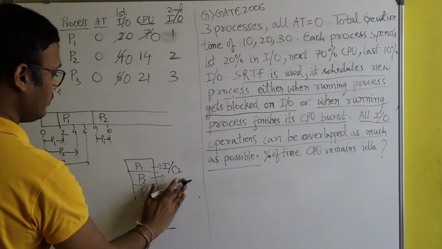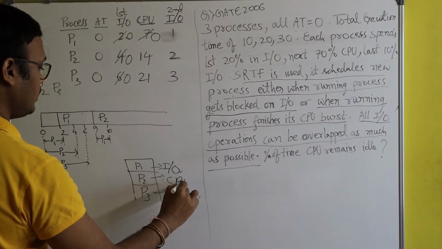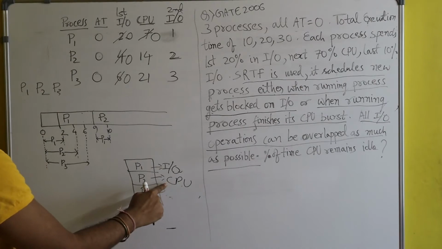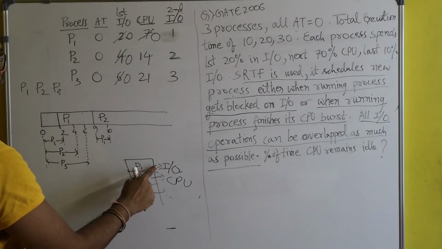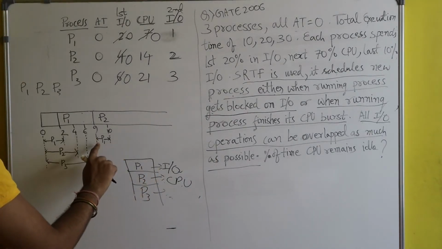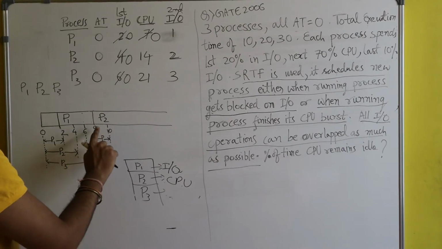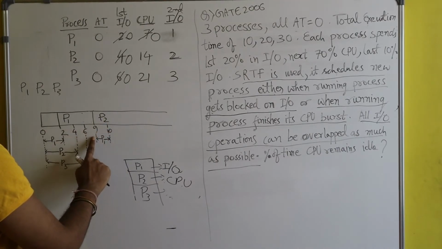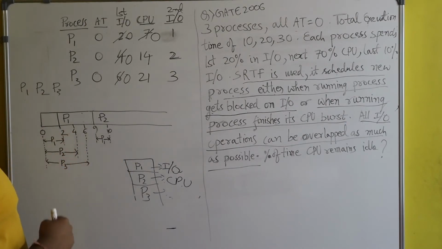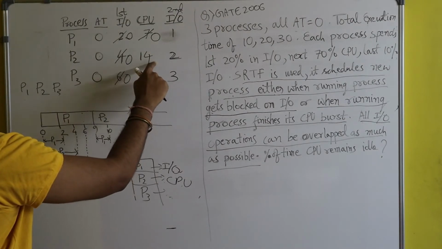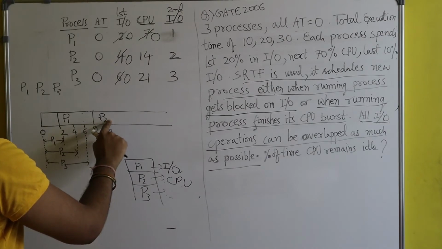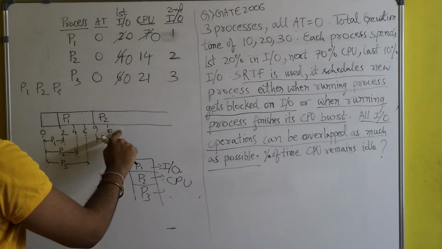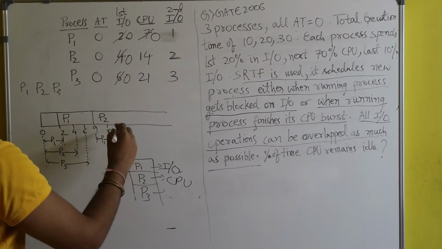So here you see, CPU is with P2 while P1 is busy with IO. So both these things are happening parallelly, as you can see. Here P1 is busy with IO and CPU is given to P2. So both started at 9 seconds. What is the CPU execution time of process P2? It's 14 seconds. So P2 will run with CPU from 9 seconds till 23 seconds. 9 plus 14, 23.